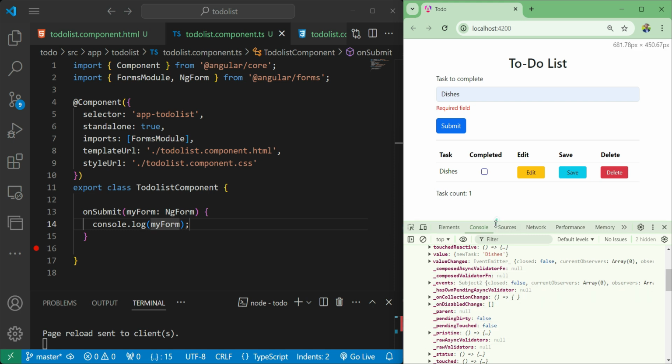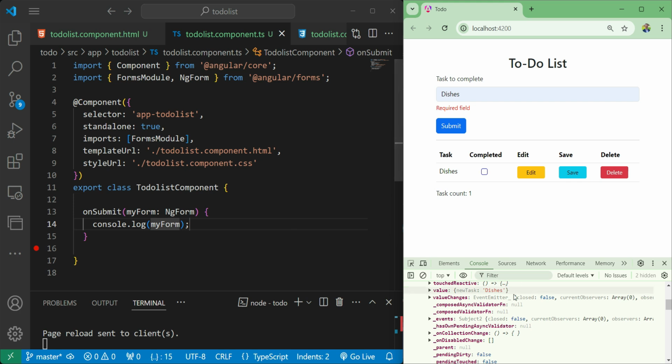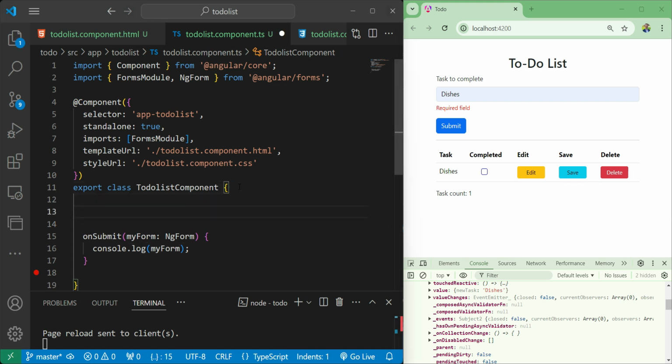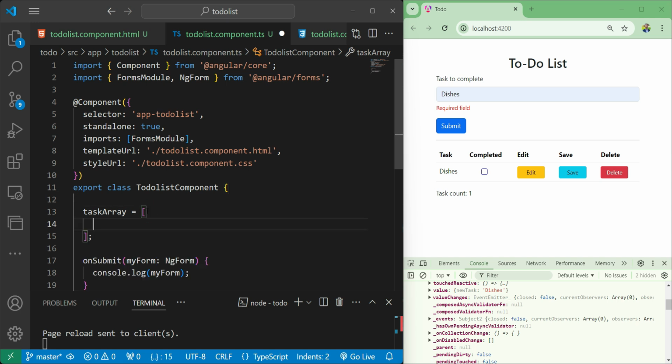But for now, we want to grab this value, dishes, and we want to add it to our task list right here in the table. To do that, inside this class, I'm going to create an array, and we can call it anything we want. I'm going to call it task array, square brackets, and inside the square brackets, I'm going to create an object, so curly braces. The first property of our object is going to be task name, colon, and the first task is going to be brush teeth, so in quotation marks I'm going to type brush teeth,